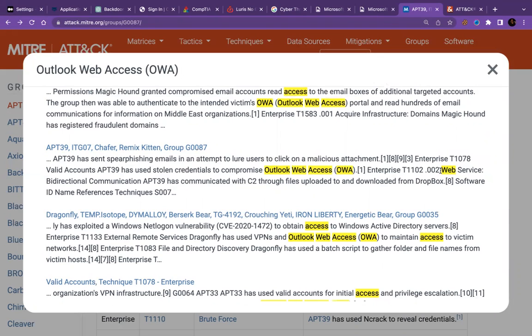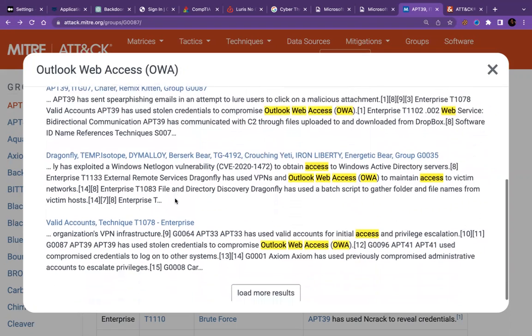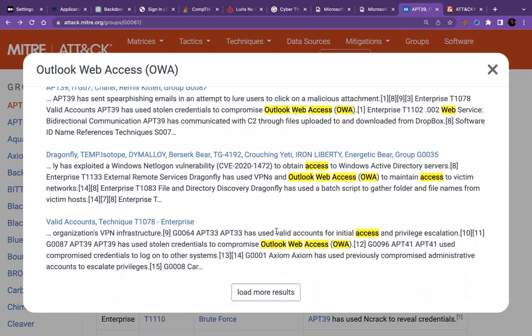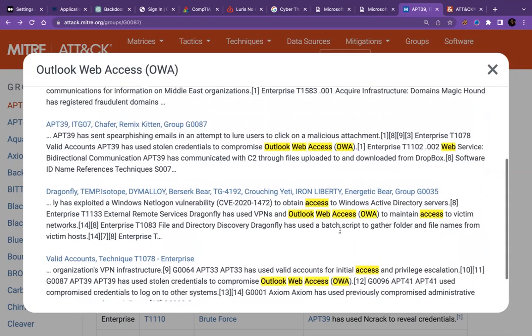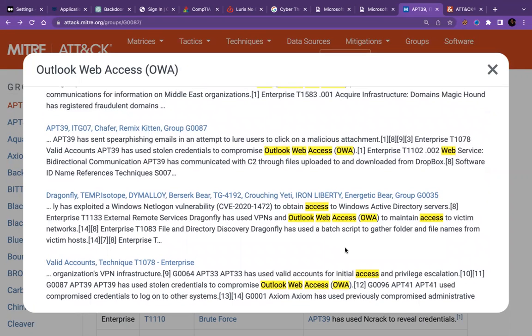APT39 has communicated with C2 through files uploaded and downloaded from Dropbox, software ID names 007. There are other groups right here that have used it in a different way, but you want to stay in the same path because your group right here is showing this. So let's say